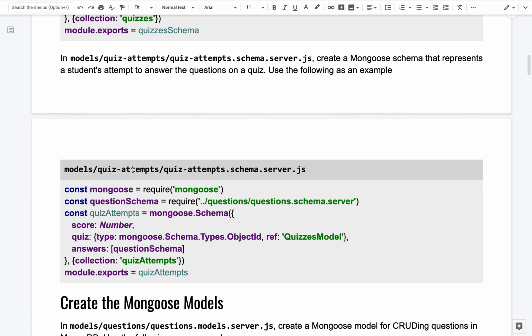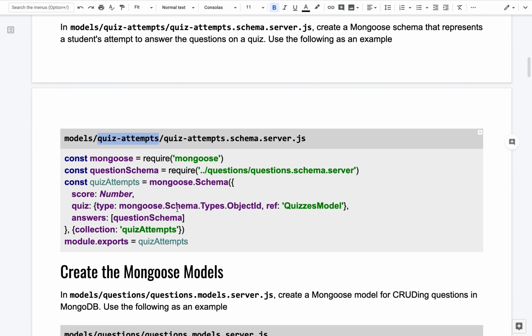So in addition, we're going to keep track of the attempts. If I can take maybe the quiz multiple times, I take it today, I take it tomorrow, and so here we could see we're going to store all the different attempts for a particular quiz in a new schema called quiz attempts. Now the quiz attempts is going to have a score of what did you get for the particular quiz,